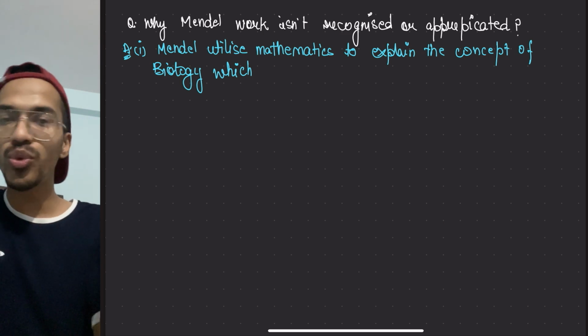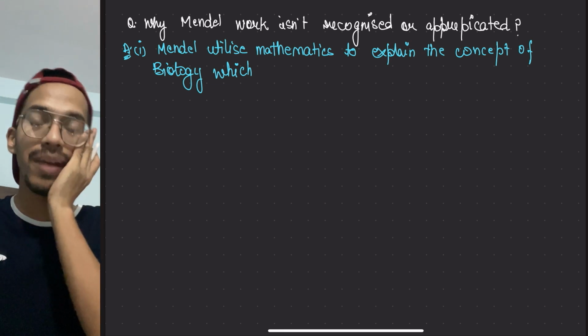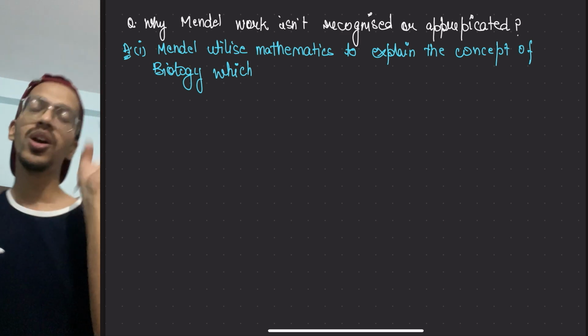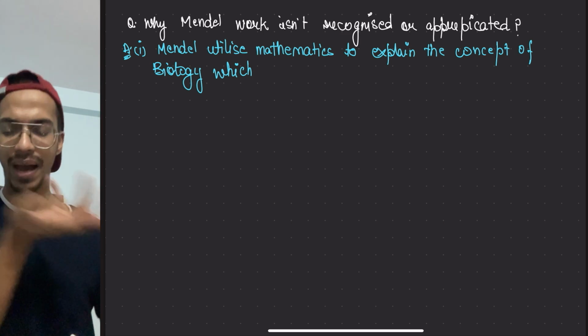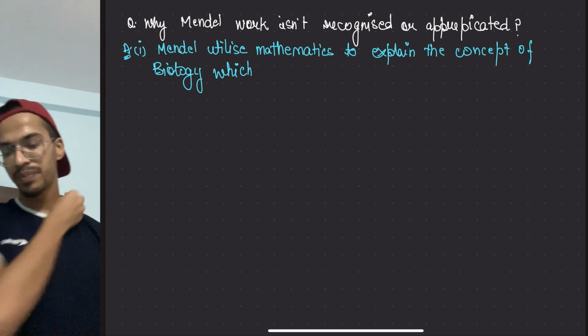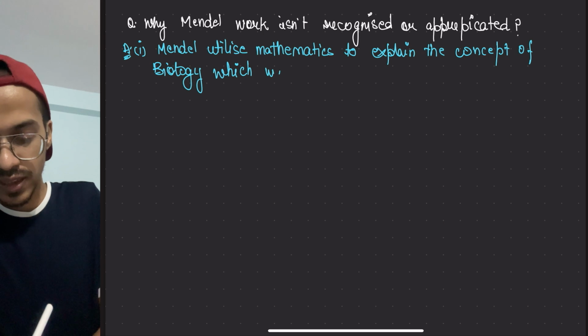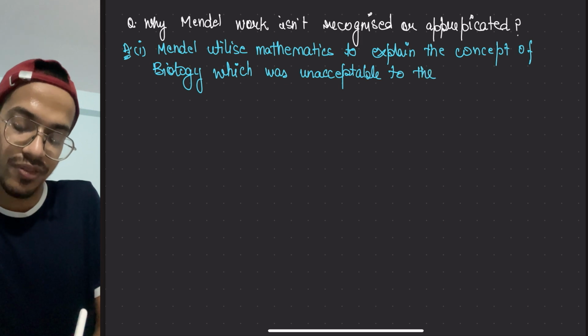So those students who ran away from math and said that only physics and a little bit of chemistry has math, in 12th beta, bio also has math. Although the level of math is very low. You just have to know about 6th, 7th class math, but the math is there. So to explain the concept of biology, which was unacceptable to the scientific community,